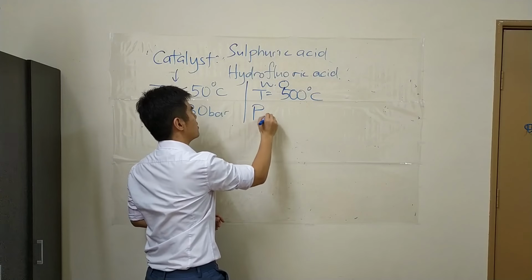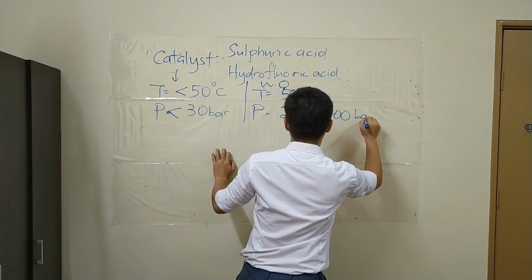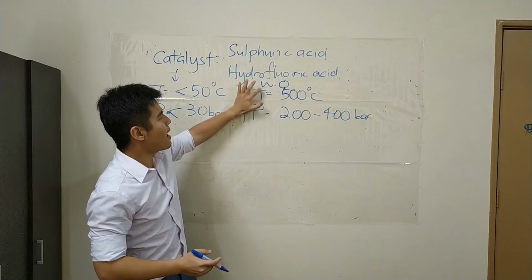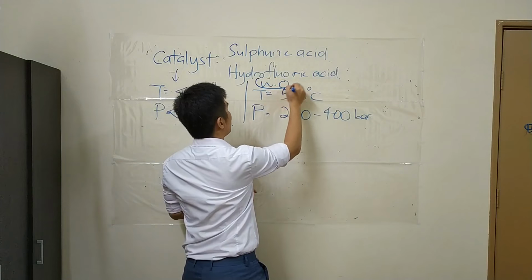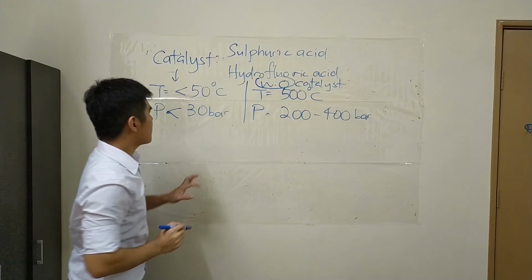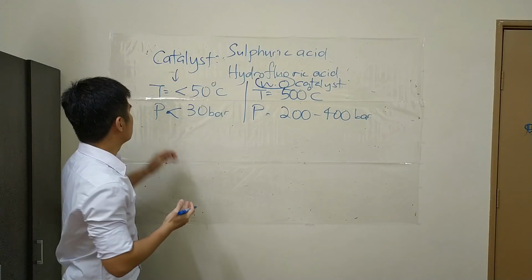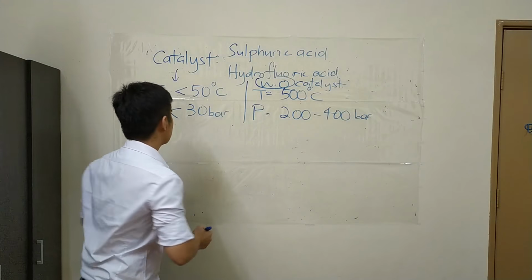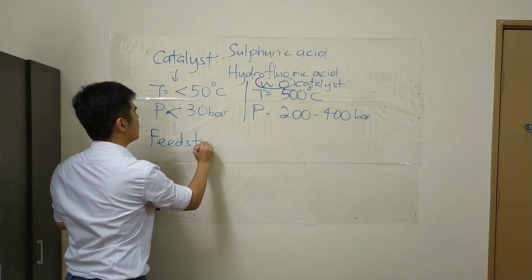And then what about the pressure? Pressure is up to 200, up to 400 bar. Yes, the temperature and pressure are very excessively high for alkylations to occur without any catalyst. So, with the presence of catalyst now, the alkylations can be conducted at much lower temperature and pressure. Then the next thing I am interested to talk about is the types of feedstock in this alkylation